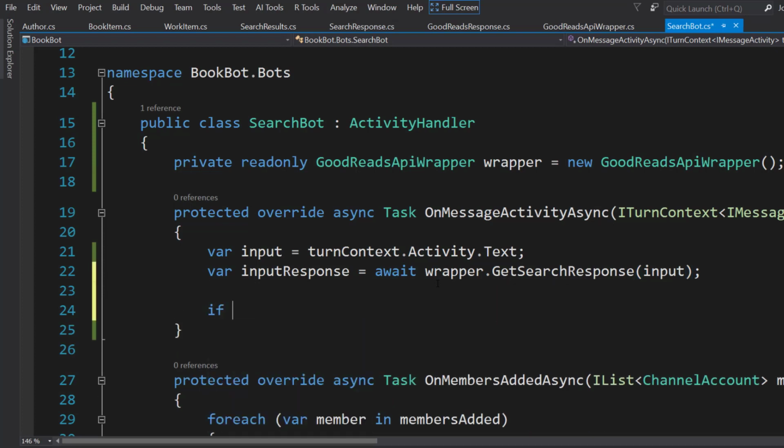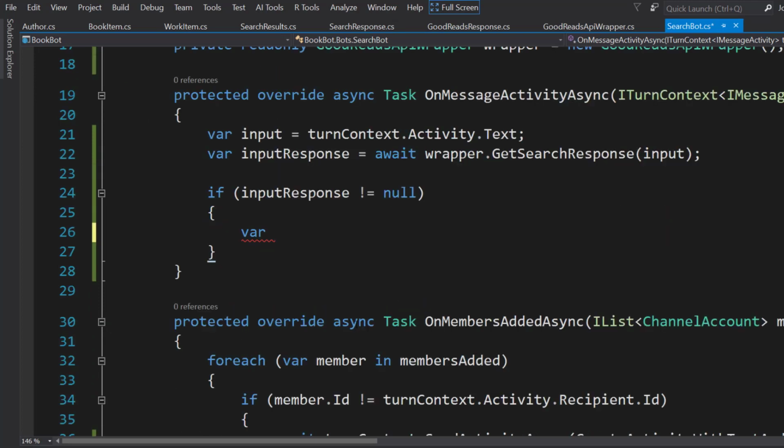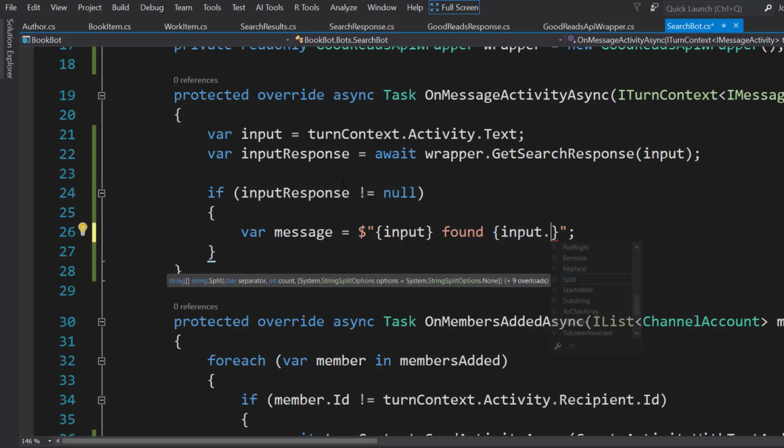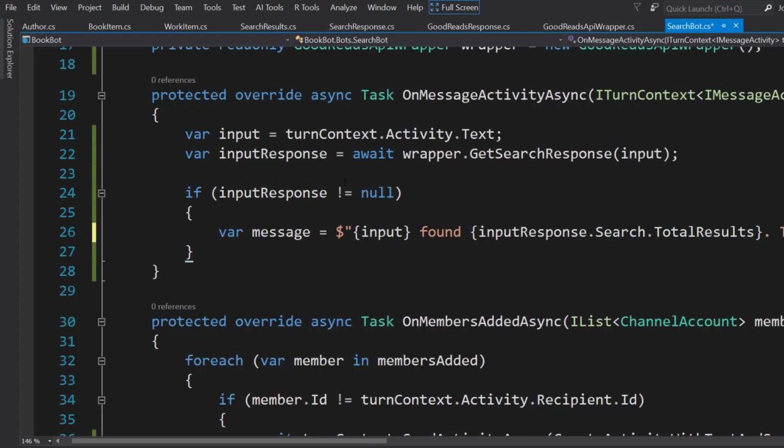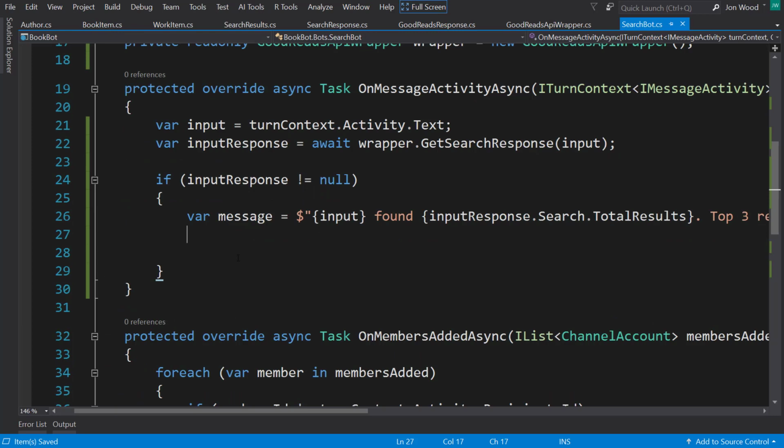And we'll do a check if the input response doesn't equal null. I'll create a message here, and I'll say found input response.search.total results. I'll say the top 3 results are,